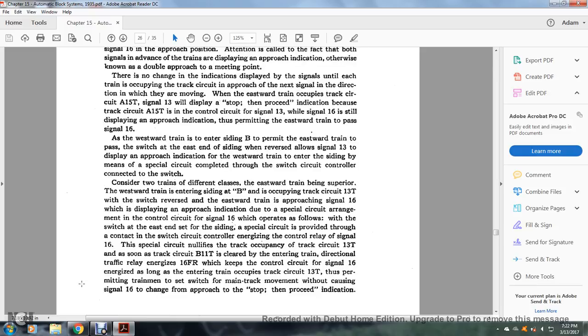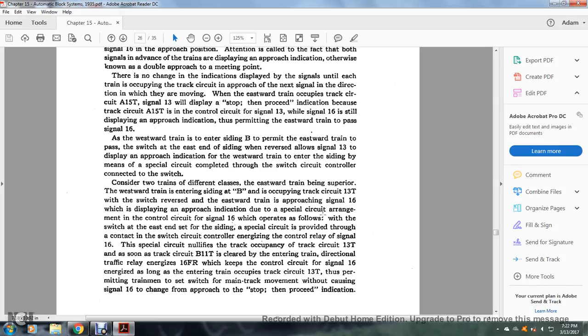As the westward train enters the siding B to permit the eastward train to pass, the switch to the east end of the siding, with the reverse, allows signal 13 to display the approach indication with the westward train to enter the siding. By these means, the special circuit is completed through the circuit controller connected to the switch. Consider two trains of different classes, the eastward train being superior, with the westward train entering the siding B. Occupying track circuit 13T with the switch reverse, the eastward train is approaching signal 16, displaying